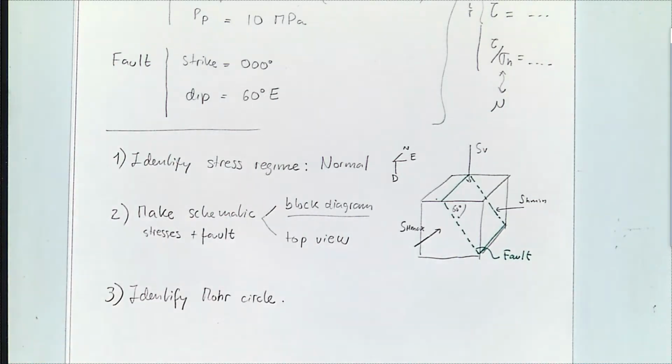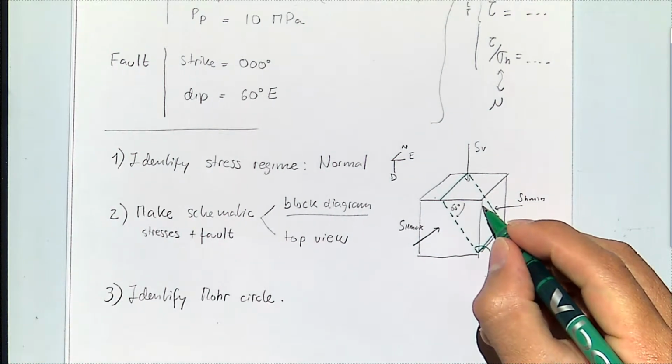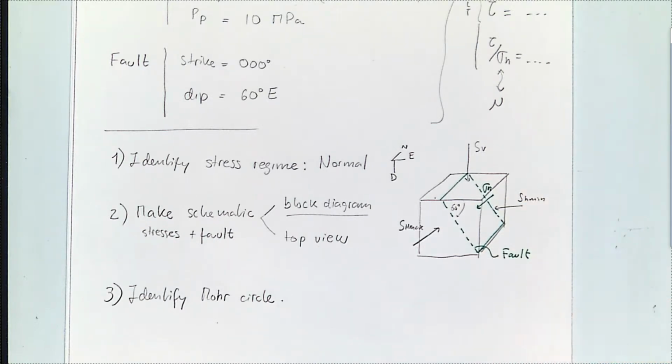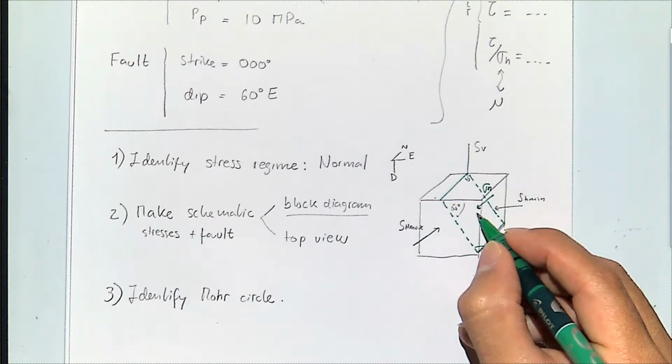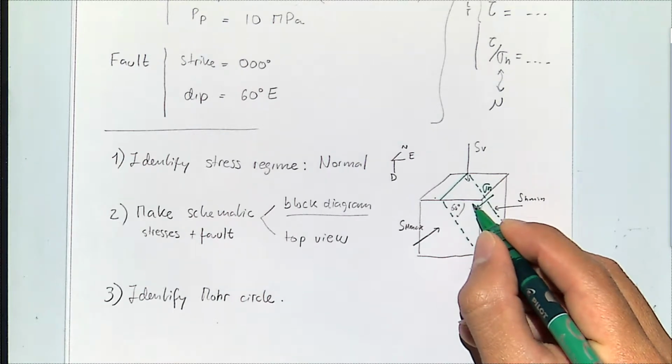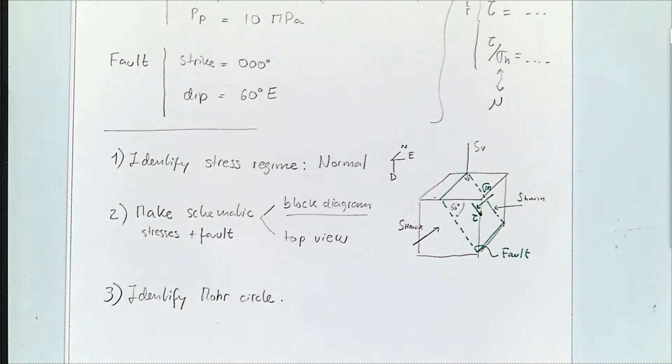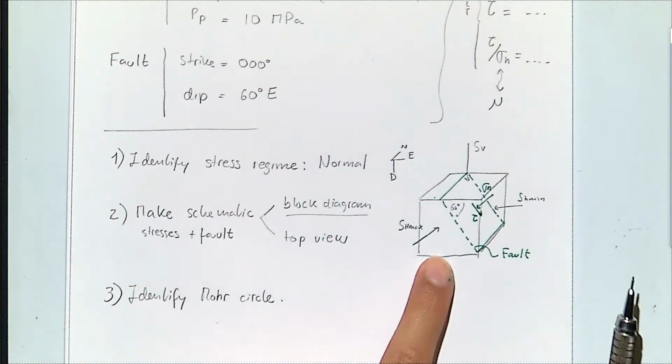Remember, sigma n is the normal stress, and tau is the shear stress. Okay. So from here,